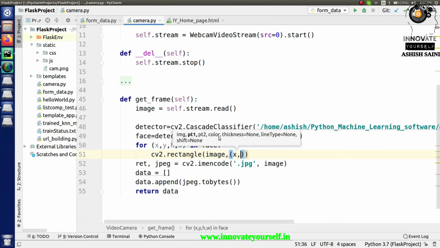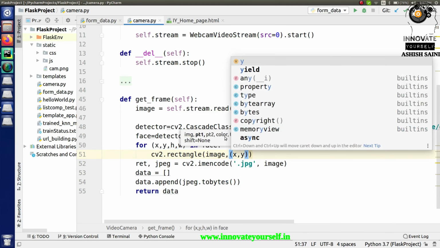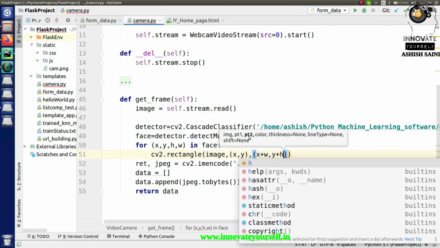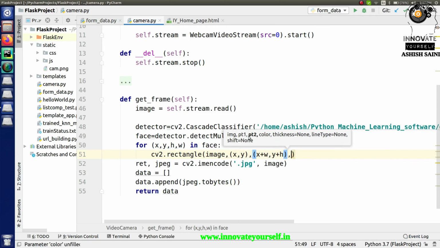So in here I'm going to pass x, y. So this is the first coordinate that will decide the position of your rectangle, right? And the second thing is the diagonal corner for that, and that is x plus w, y plus h. So that is what I am going to do, right? And after that you have to put the color, like what color box you want to display in here.